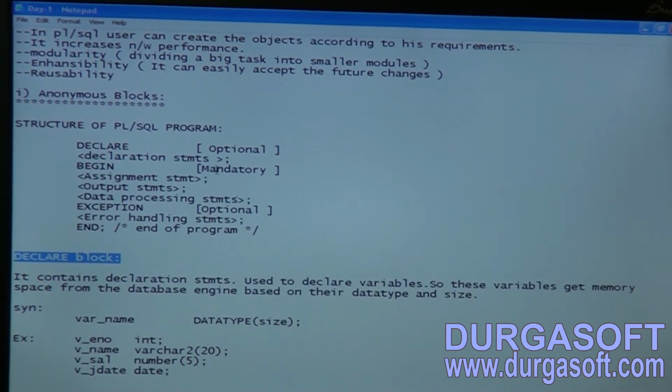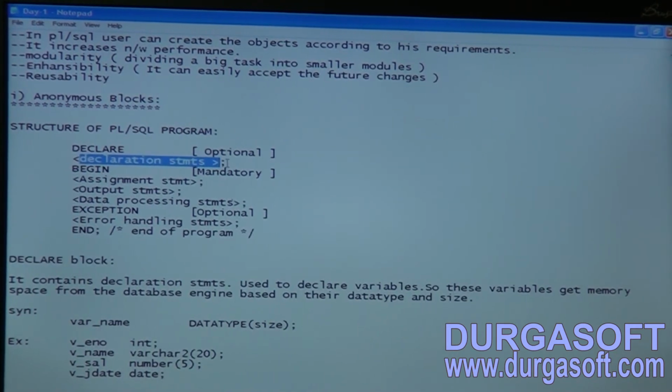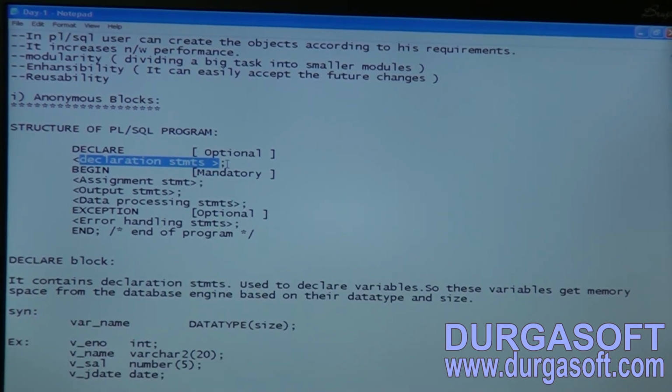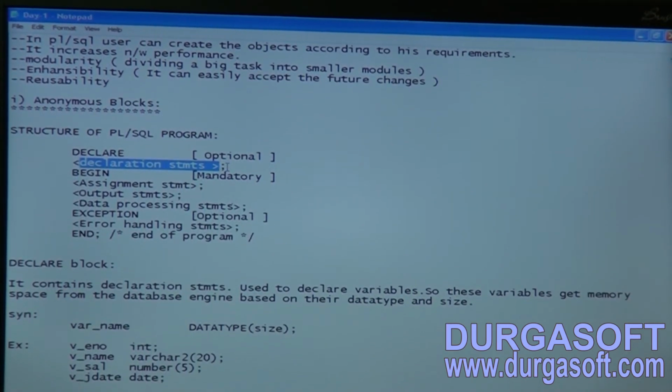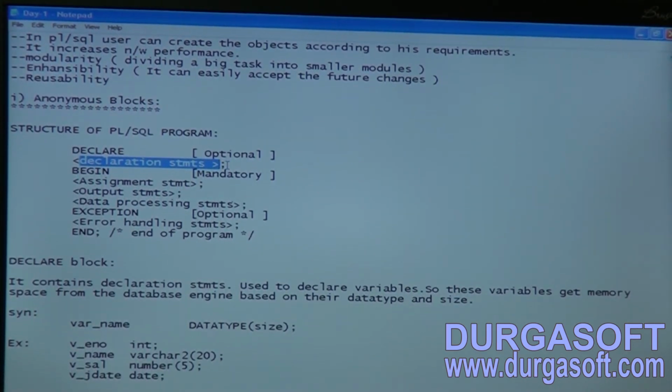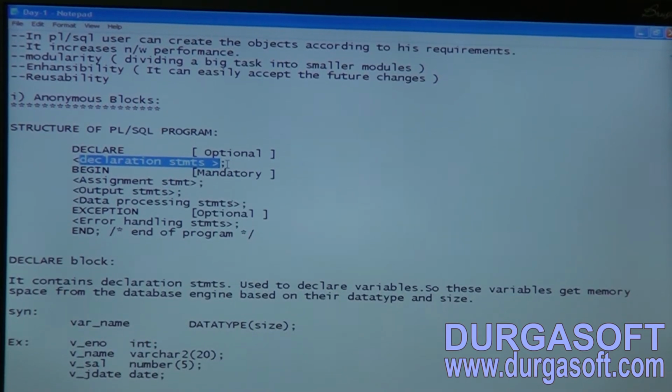What is the declare block? In this I can declare variables. What is the declaration of a variable and why do we need it? See, I am going to write a program to perform A plus B. Into A I have to store some value, and into B I have to store some other value. Before storing values into the variables, we need some buffer area. Buffer is nothing but a temporary memory area: a temporary memory area for A and for B.